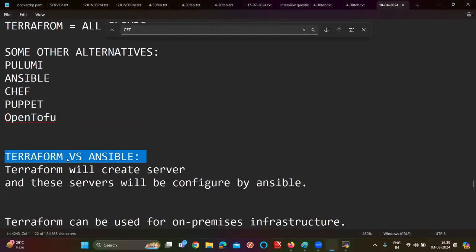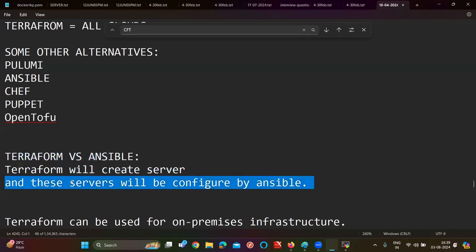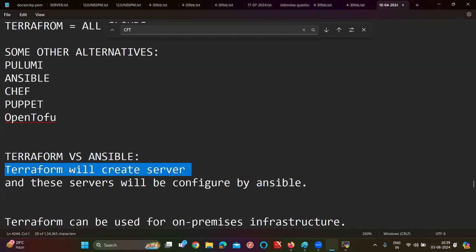And coming to Terraform versus Ansible, a lot of people have confusion. Terraform will create servers, and Ansible configures servers. Sorry, Terraform is going to create the server, but whatever server you create from Terraform is going to be configured and maintained by